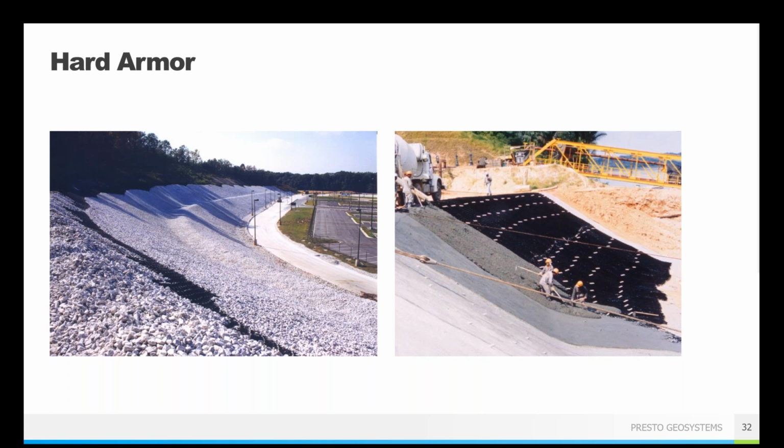Wave action, very high flow situations. Maybe you're diverting large amounts of stormwater runoff and you have a diversion channel. Potentially you would want concrete there so that you don't have to worry about any erosion, because that concrete is going to be able to withstand whatever you need.